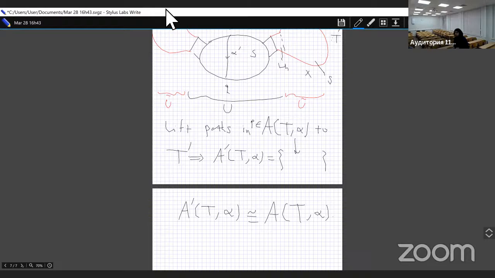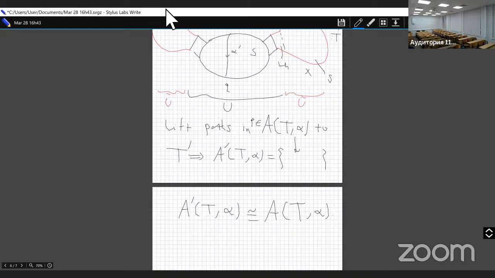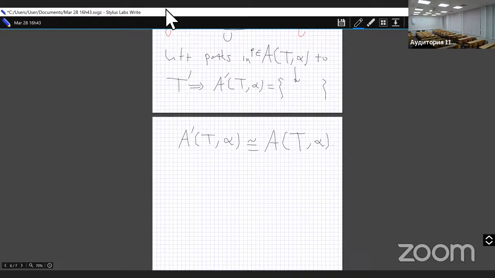Well, because T and all the rest of them are spherical. So, yes, because it's here. So after that, the inclusion here,